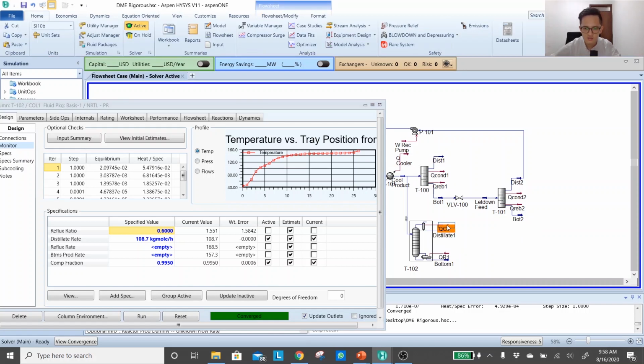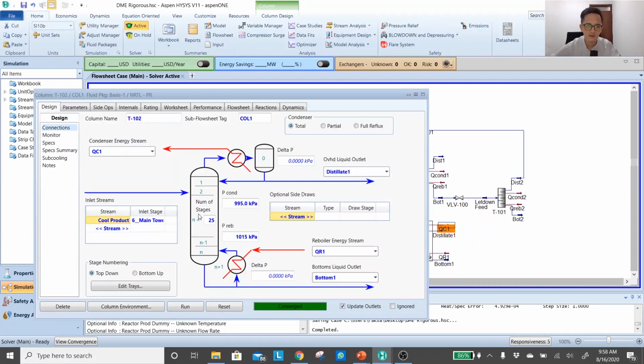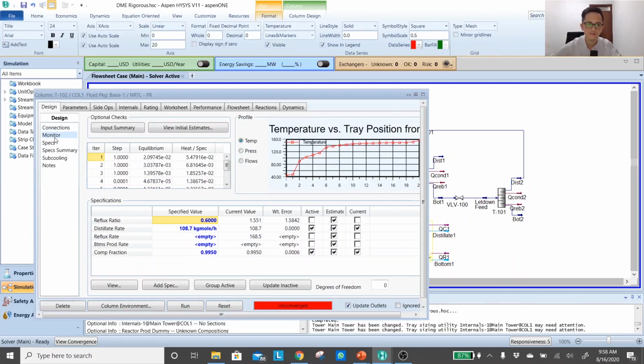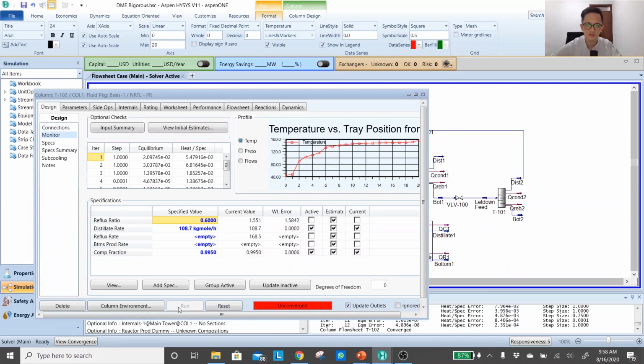Okay, let's check the number again. Now the condenser duty is around 1355 kilowatt. Let's say I want to convert it back into my previous number. Remember the number, okay? It's from 1355. Let's say I want to change it back. Run. Okay, close to 2.